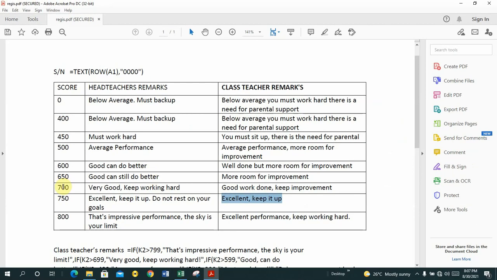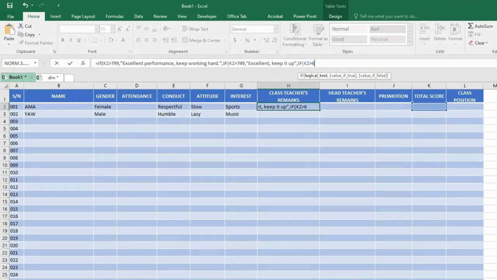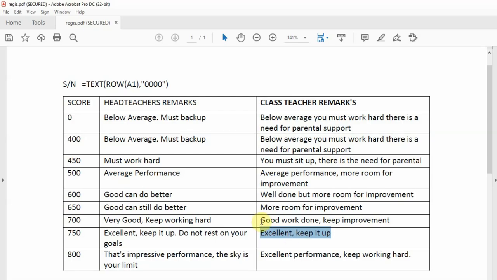So it's 700, so if it's 700, it means 699. If the person gets above 699, what should be written? Good work done, keep improvement. So you copy it,